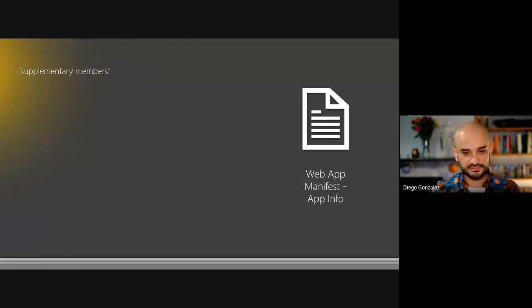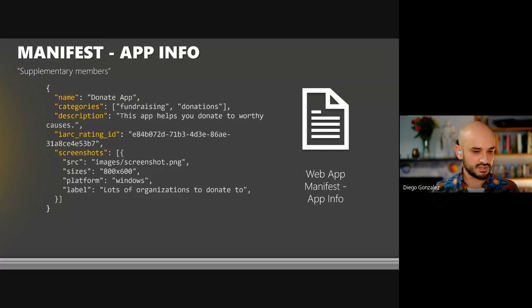The way that a manifest would look with these supplementary members is depicted here in this slide, where you can see the name of the application, and then the supplementary ones: categories, description, the rating, and the screenshots per se. So again, this